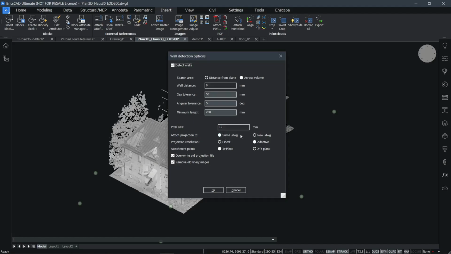Attachment for projection: you can do it in the same DWG or you can create a new one. In this case, I want to create a new one. Projection resolution, finest or adaptive. In this case, I would like to have it finest. And then lastly, the attachment points: in place according to the existing point cloud, or I want to have it aligned with the X and Y axis. So like that, I can override old projects and old lines as well. So if I click OK,